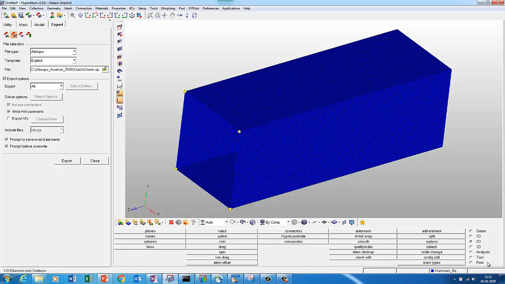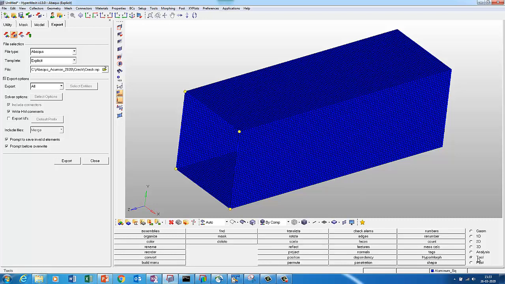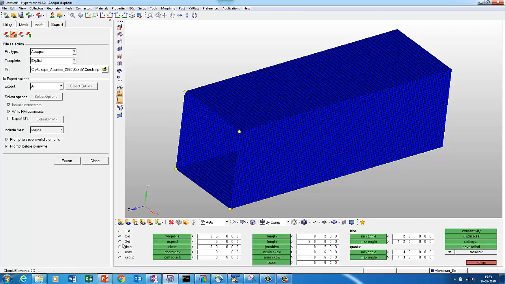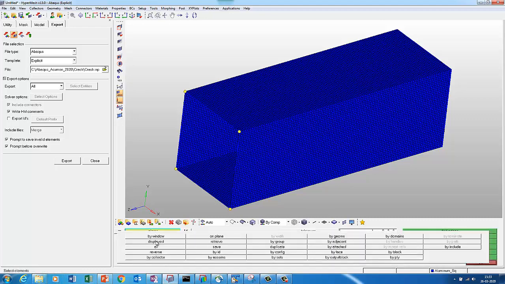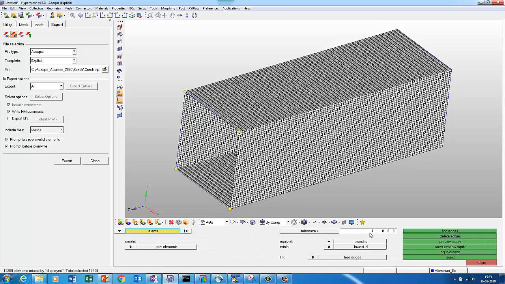So I need to first merge this. So before merging this, we want to check what is the minimum element length. So once we understand minimum element length, below that length we can put and merge it. So I go to tool and then I say check element and I say 2D, check what is the length. So minimum length is 2.5, and then I put shift F3 and I say enable element display tolerance less than